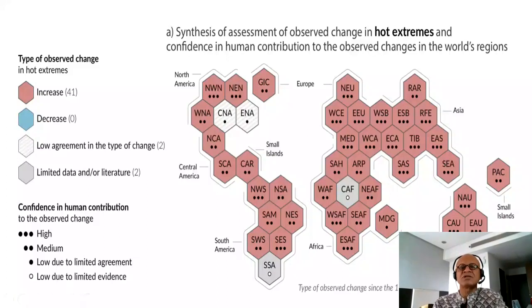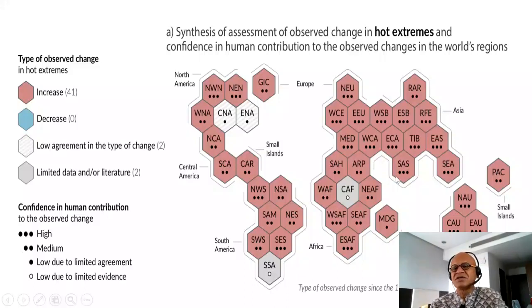So you do attribution exercises typically based on models, and one has to be careful with heat waves, because you can look at whether the probability of the heat extreme was changed or the amplitude of the heat extreme was changed, and you can get different answers. For example, for the 2010 Russian heat wave, the probability was not changed, but the amplitude of the heat wave was much higher than what would be expected under natural variability. So the human contribution came in terms of the amplitude. So these are tricky things to deconvolve.